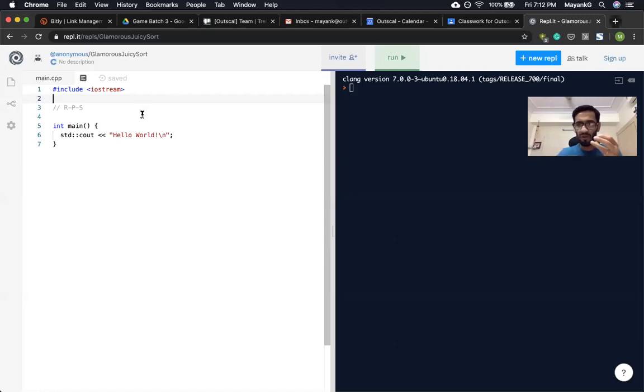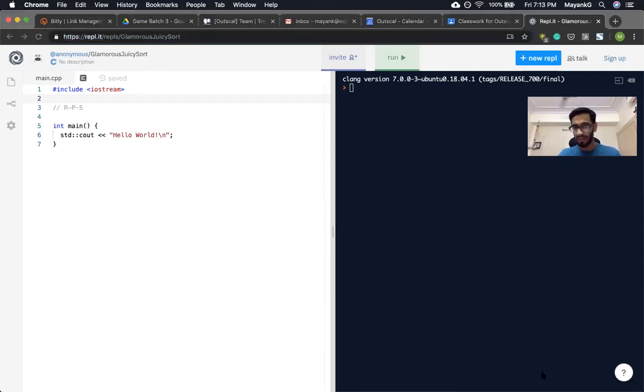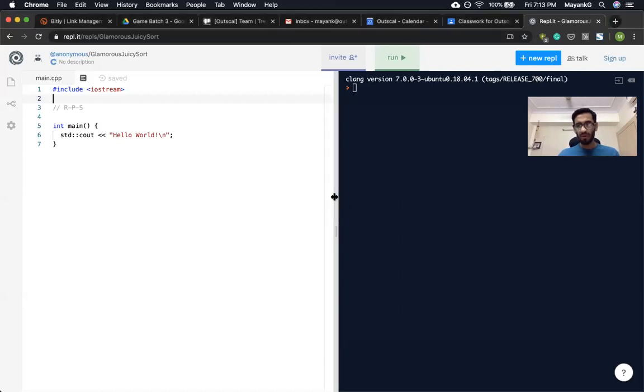Okay, so for folks that want to code along as well, just set up the way I did. Go to this website, repl.it, and I can share the link in the chat window with everyone. You can open up the link, hit new repl, select the C++ language, and you'll have pretty much the same screen. All right. Cool. So while you guys get set up, what I want to talk about is the first mistake